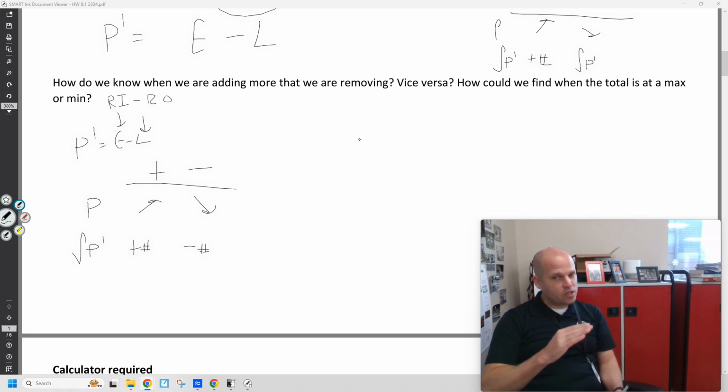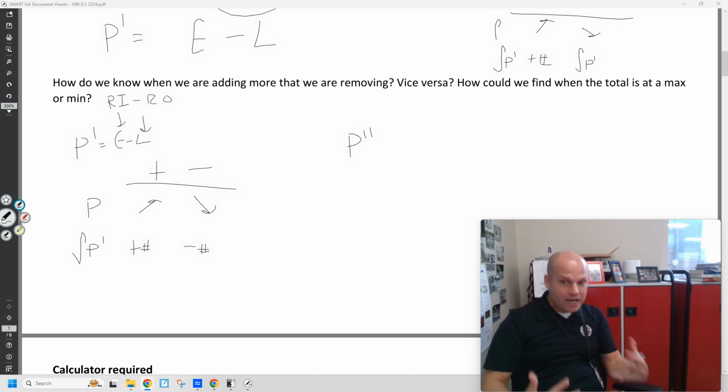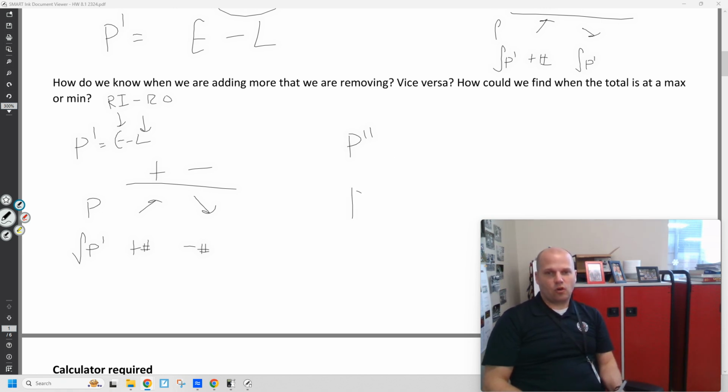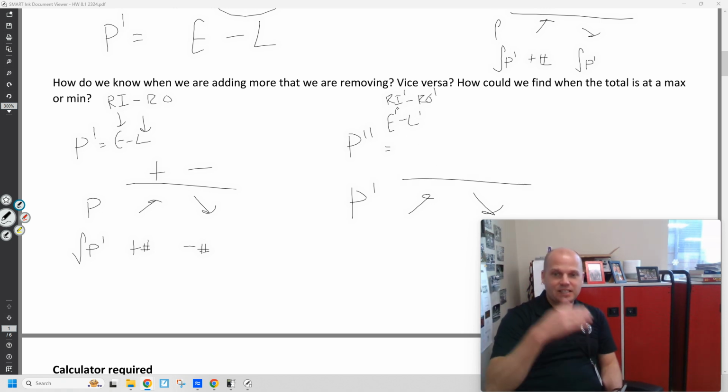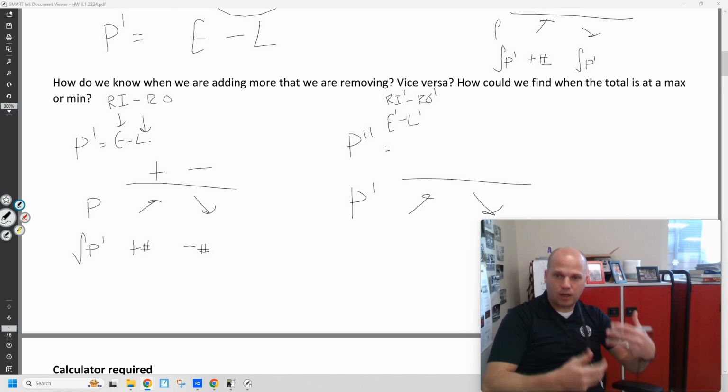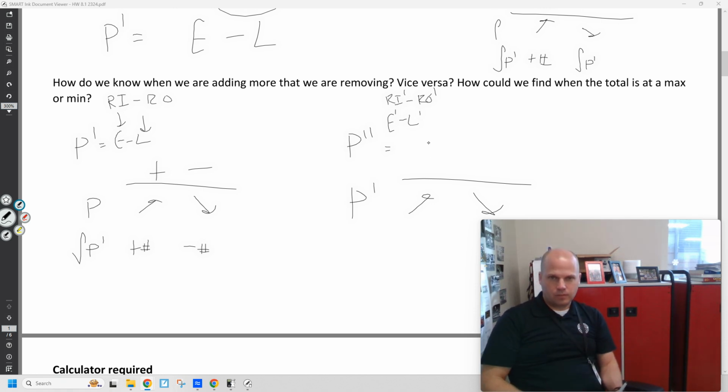But if I wanted to figure out how my rate of change is changing, if I wanted to figure out whether my rate is increasing or decreasing, don't forget about your second derivative sign analysis, which tells you about your first derivative increasing or decreasing. P double prime would be E prime minus L prime, or your rate in's derivative minus your rate out's derivative. That's a second derivative. Since E is already a derivative, since L is already a derivative, since they're already